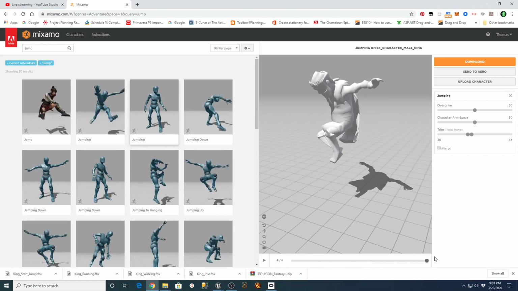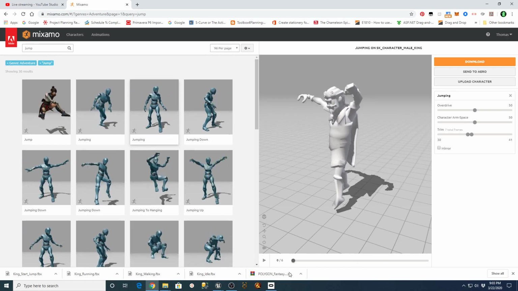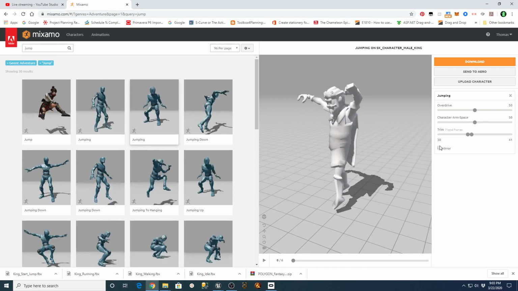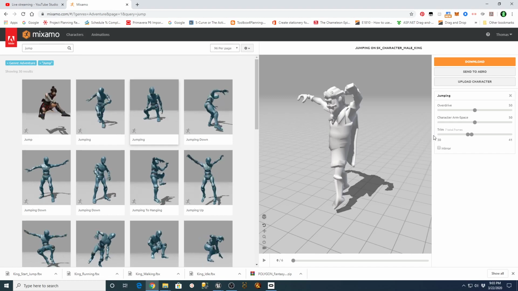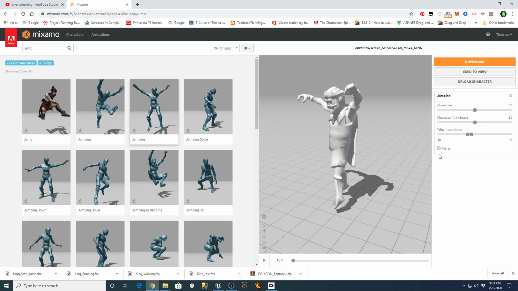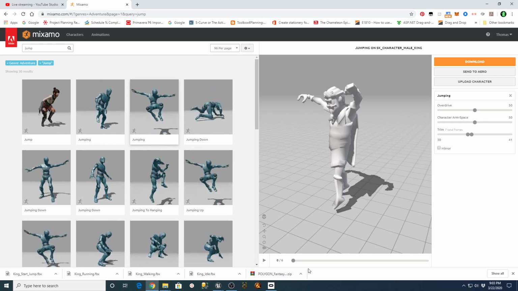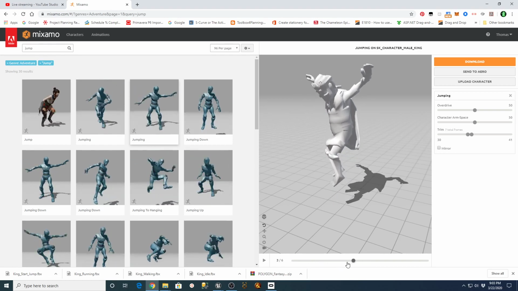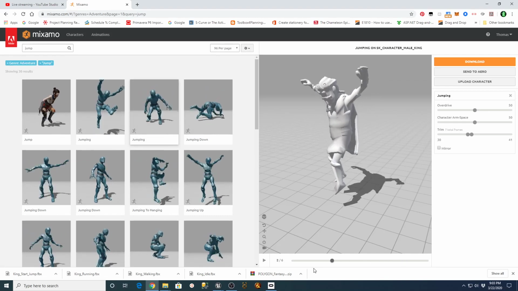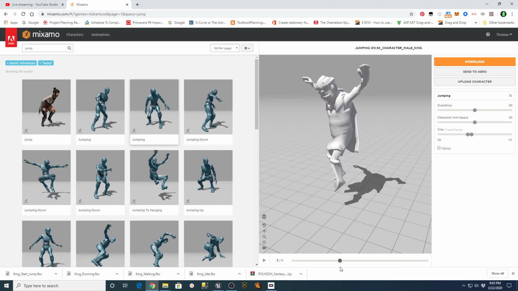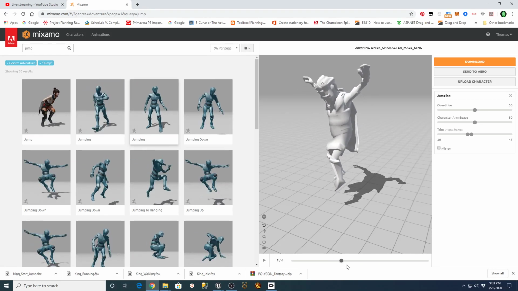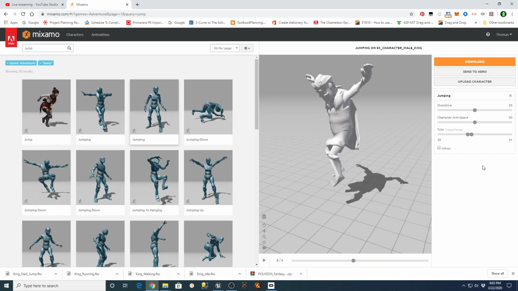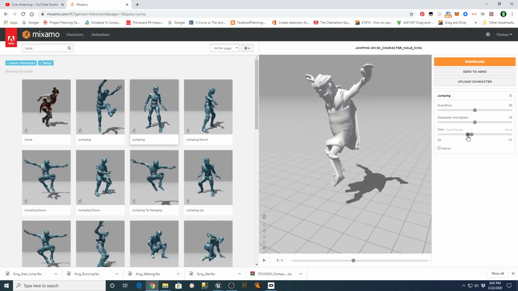So in here, if you do it inside of the Mixamo thing, you can actually go to mirror right here, and that'll reverse it for you. So if you find animations you like and you hit mirror, that'll play it in the exact opposite. Alright, so we need to go like maybe to frame 31.